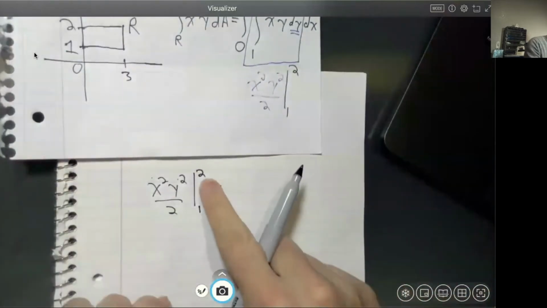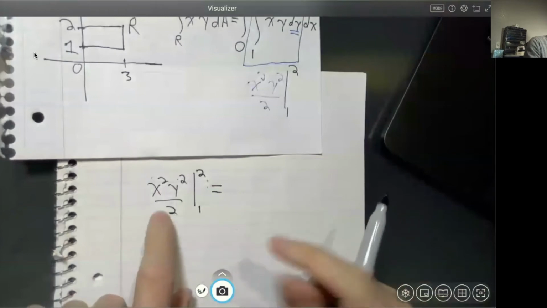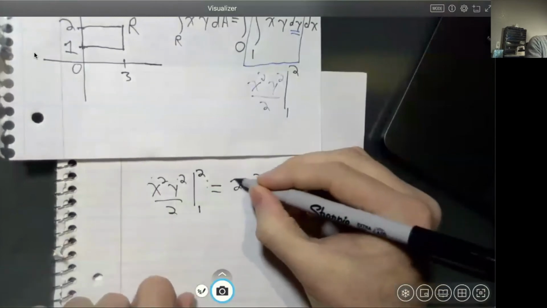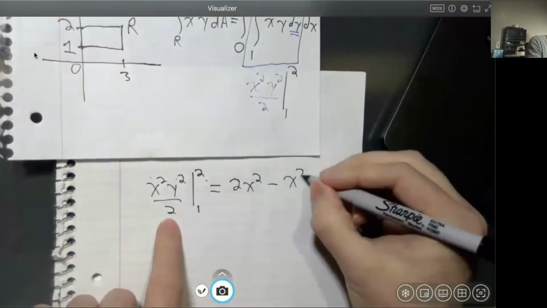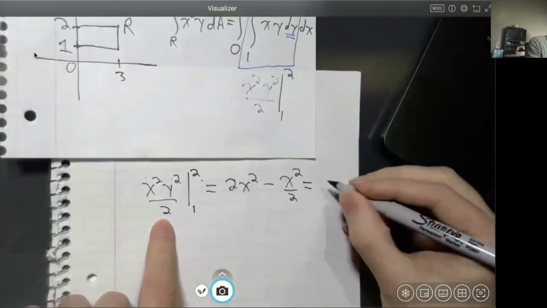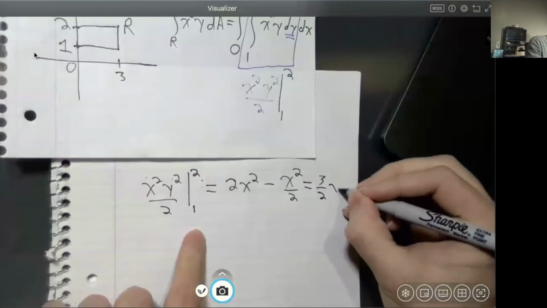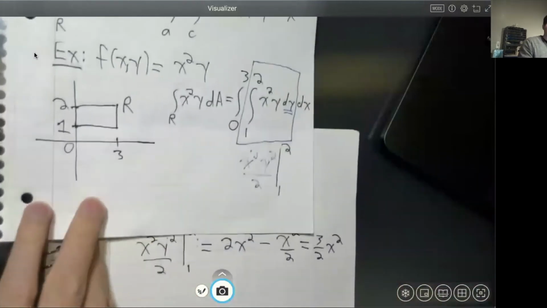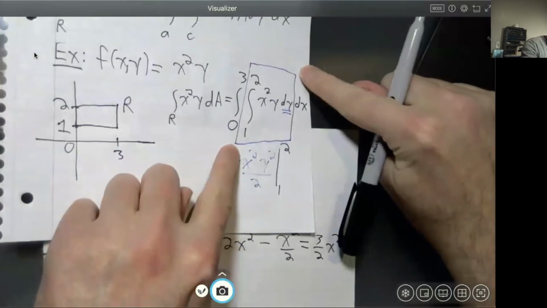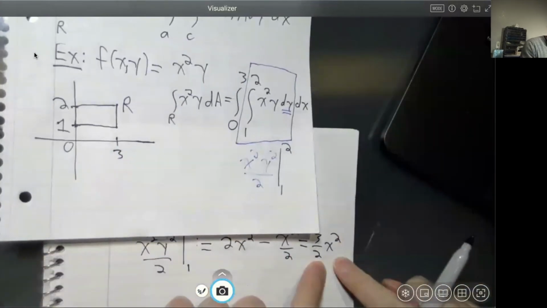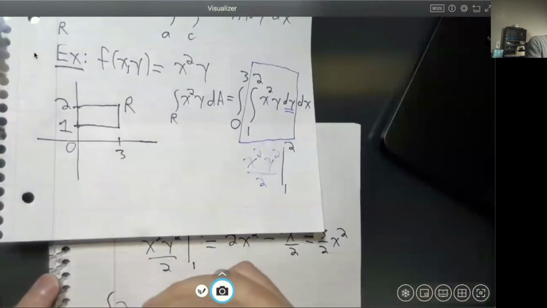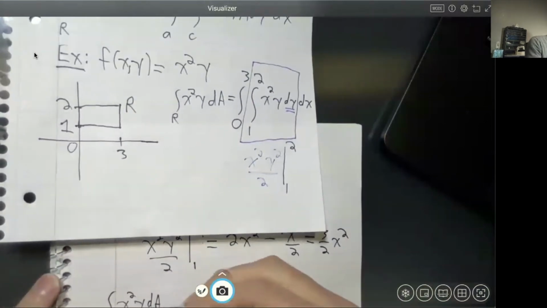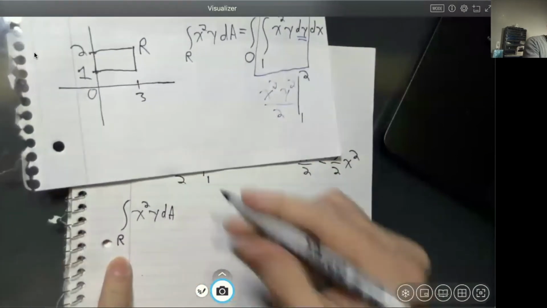Well, when we plug in 2 for y, we get 2x squared. And when we plug in 1 for y, we get x squared over 2. And so this is equal to 3/2 x squared. So what we just did is we evaluated the inner integral and we got 3/2 x squared. So where are we now? We have discovered the integral over R of x squared times y dA. This integral is equal to,